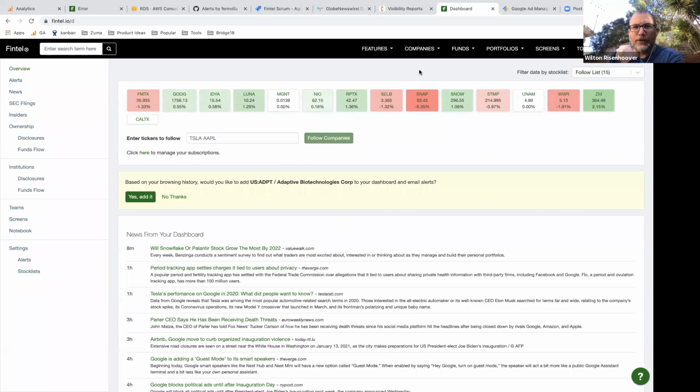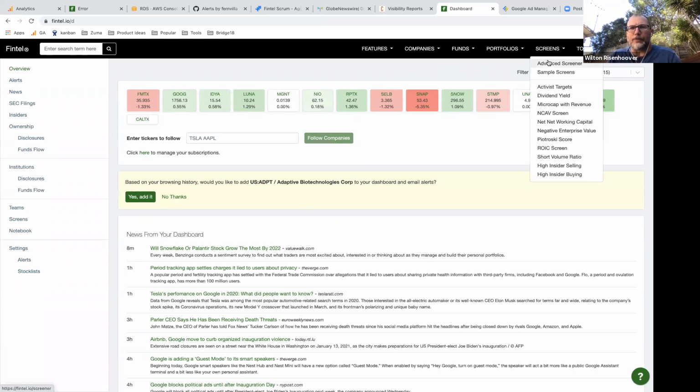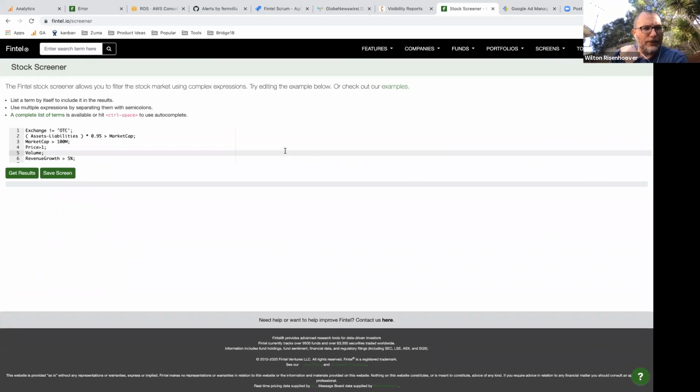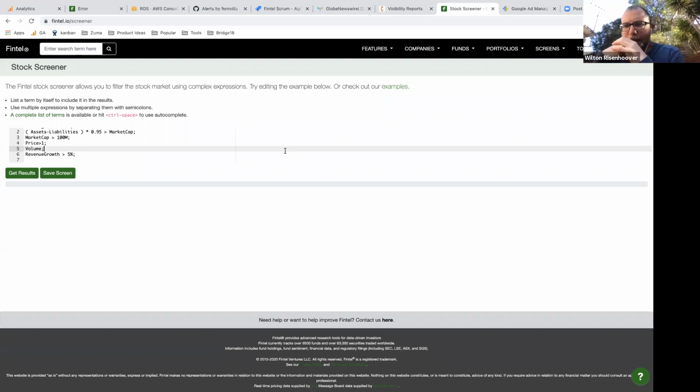Okay, so moving right along. The stock screener is something that I have worked on for a very long time, and the history of this is that I was not satisfied with the screeners that were available to me when I was learning how to invest. Those of you who have followed the Warren Buffett and Benjamin Graham and The Intelligent Investor type books and literature